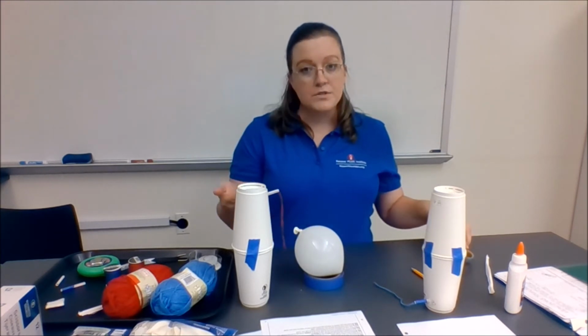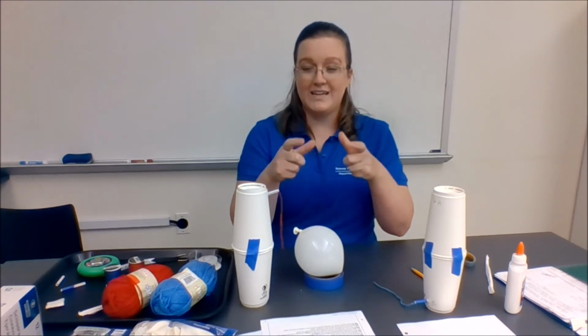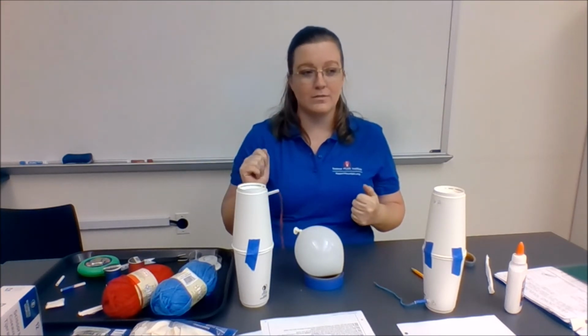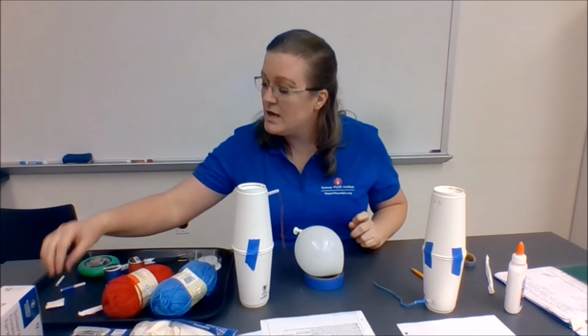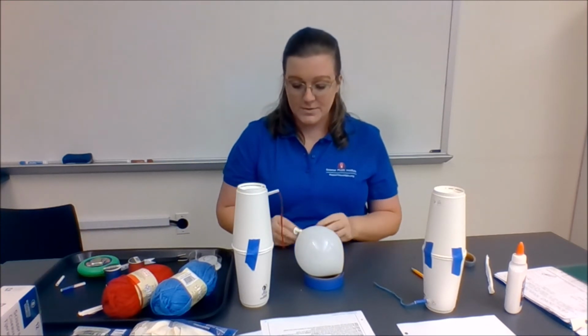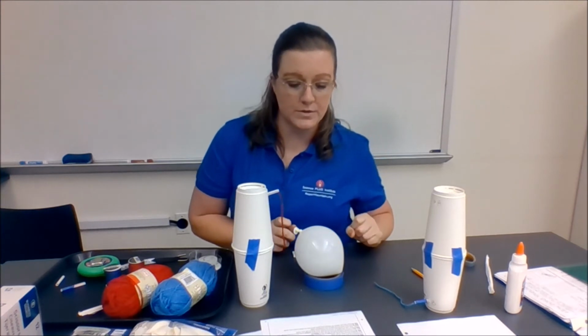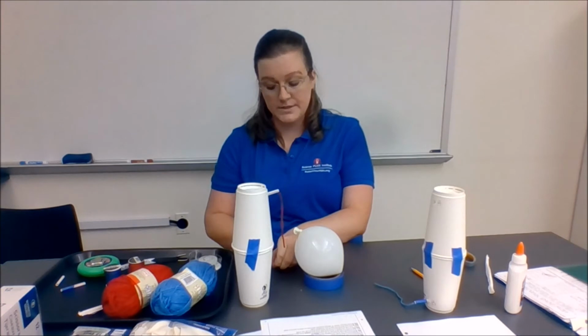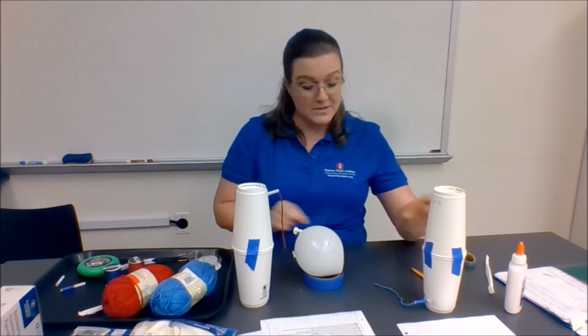You're also going to need kidney beans for this activity, but your nice lima beans. For the sake of demonstration, I just made a little piece. So now what you're going to do is glue the free end of, let me back up because I forgot an important step. That step is to combine your blue yarn